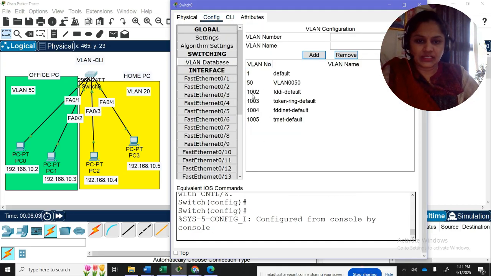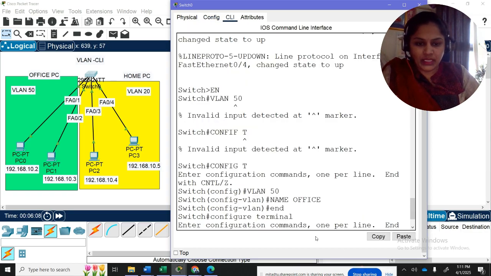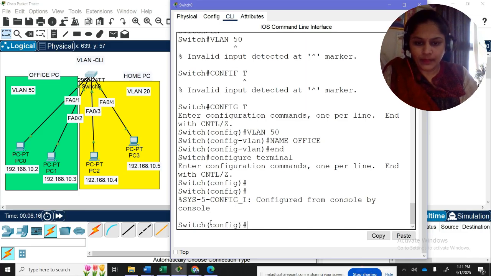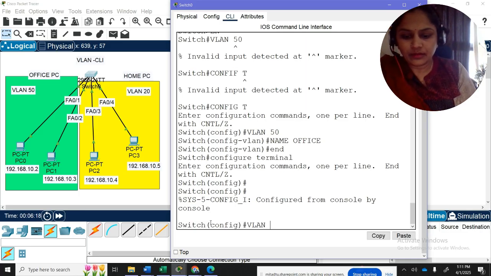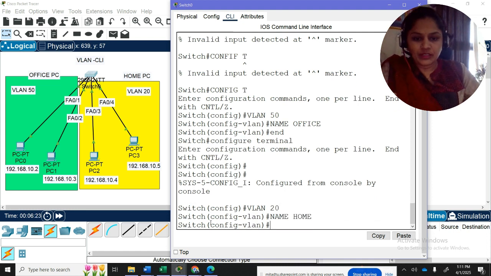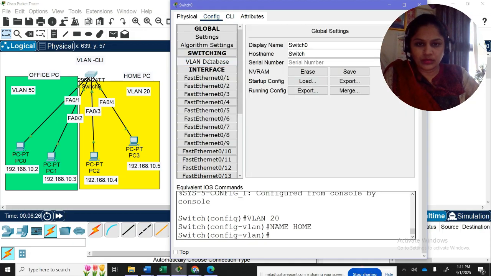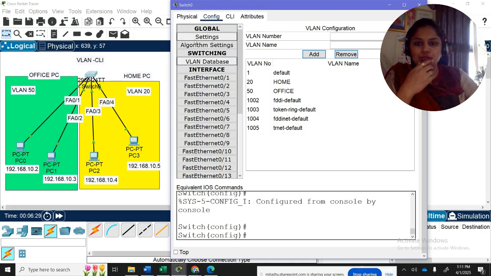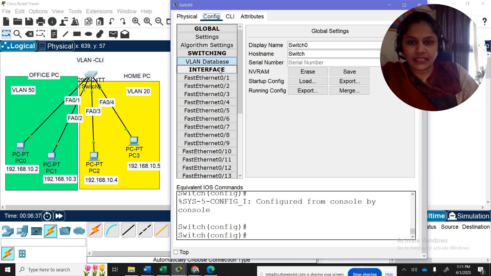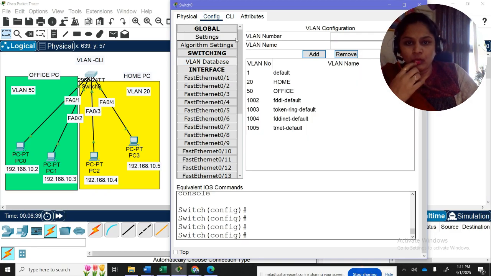There is no such VLAN added, but once we create this, VLAN 20, name home, you can now check both VLANs, home and office, in the configuration of your switch. Now there are two databases added here, VLAN home and office.